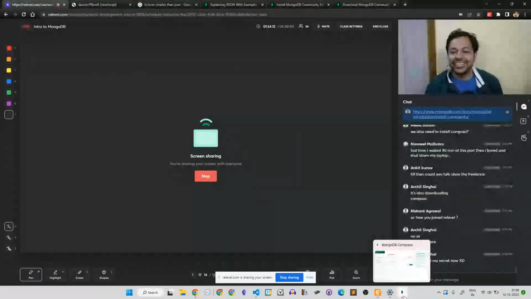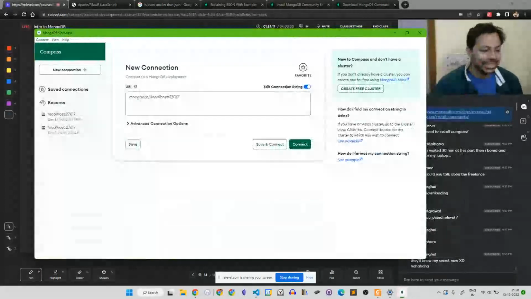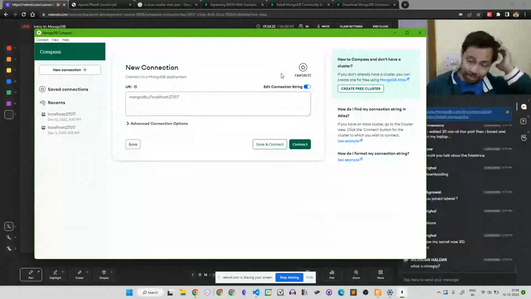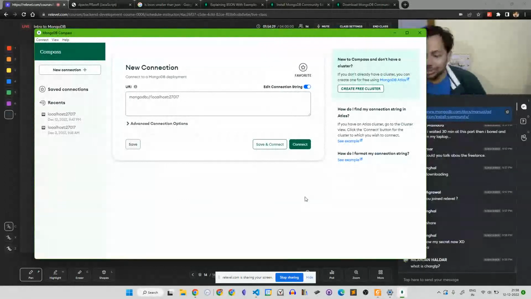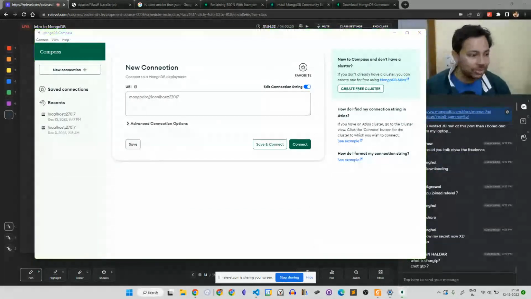So all you need to do is just open Chat GPT. I'll show you my secret of using it. So this is the MongoDB Compass. Okay, I'll show you. Just give me 1 second. Those of you who don't know Chat GPT are living in a dark age right now.